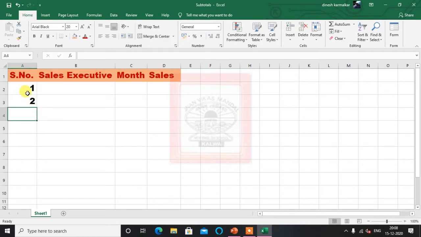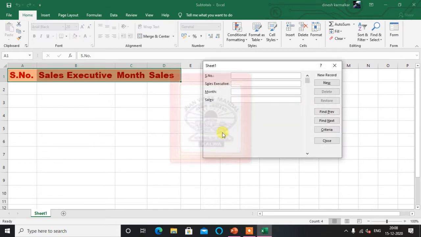There are six records. So instead of entering the data this way, let's use the form for entering the data. So serial number 1, it is Raman, October, sales 125,000. Second is Mohit, month is October. The first three are for October month, for all the different executives.